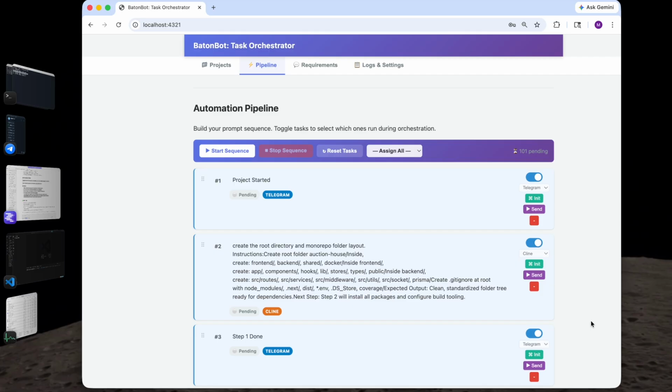BatonBot used to be called Sequencer. We have rebranded. We changed Sequencer to Local Chain AI, and then we've changed Local Chain AI to BatonBot. So, BatonBot, if you haven't watched the previous videos, is a local AI agent workflow orchestrator. It is designed to chain events in a sequence, and these events are prompt to agent protocols. Those protocols are then sent to our LLMs,